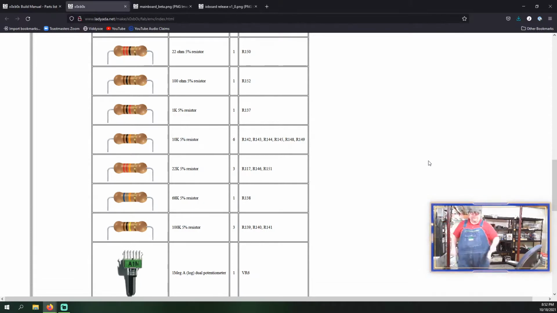Ah, okay. Here we go. 100 ohm. They were in the parts I ordered last week to replace other parts. So I must have had to use the one on the power supply, and that was the replacement there. Okay. So I think I've got everything else here. There's the 1K, the 10K, the 22K, the 68K,